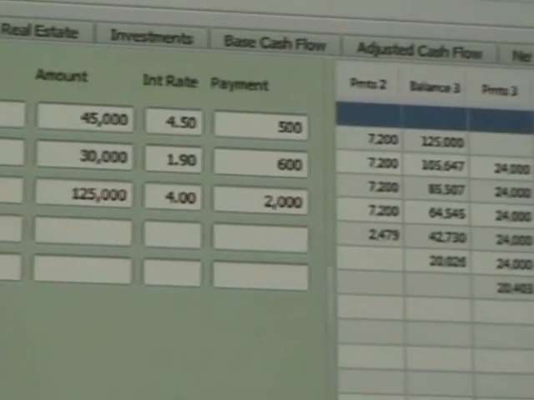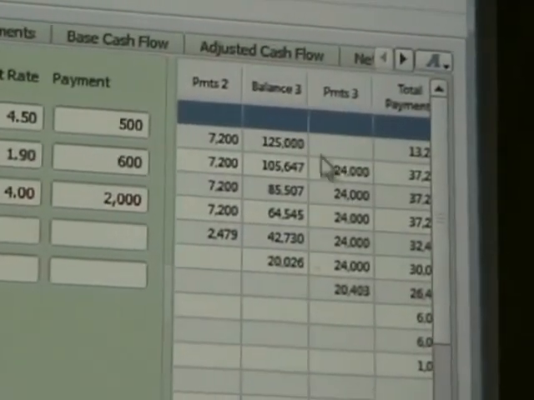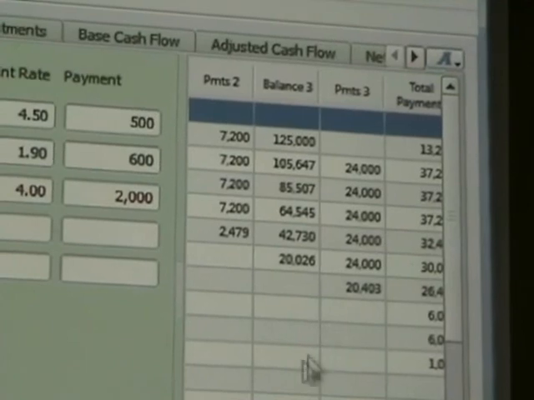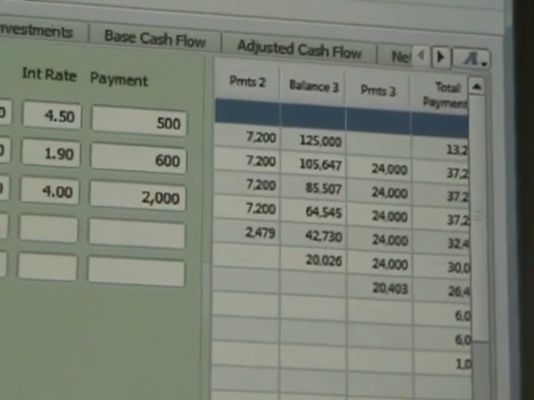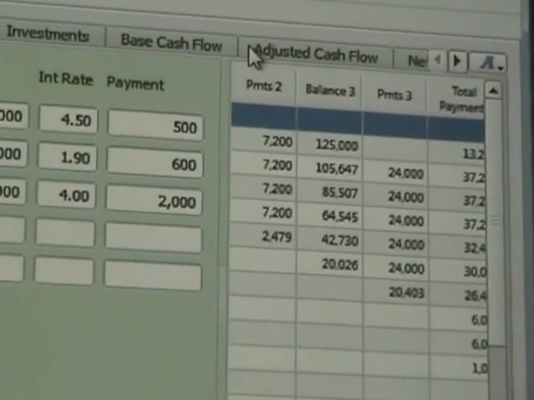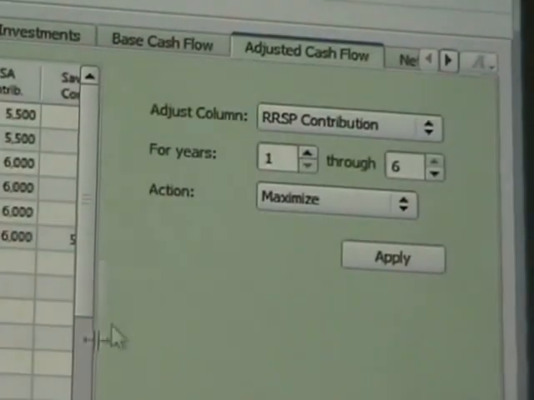And so there we would see this new loan, which he'd go into retirement with a bit, but it wouldn't be too bad. And again, if we go look at his cash flow,